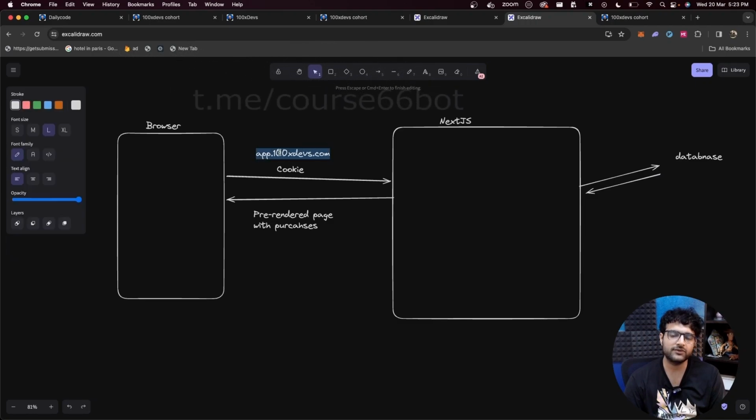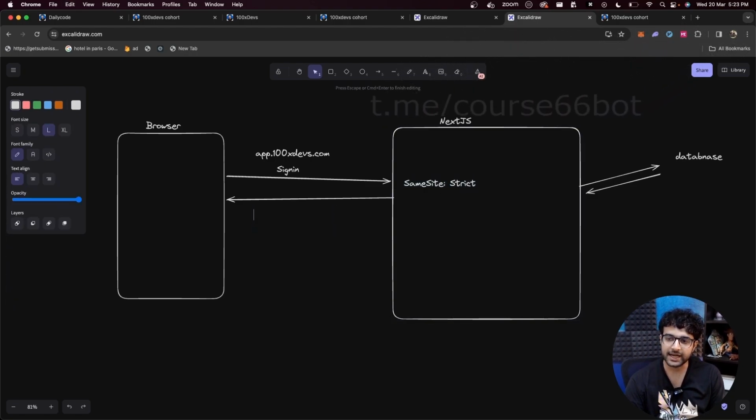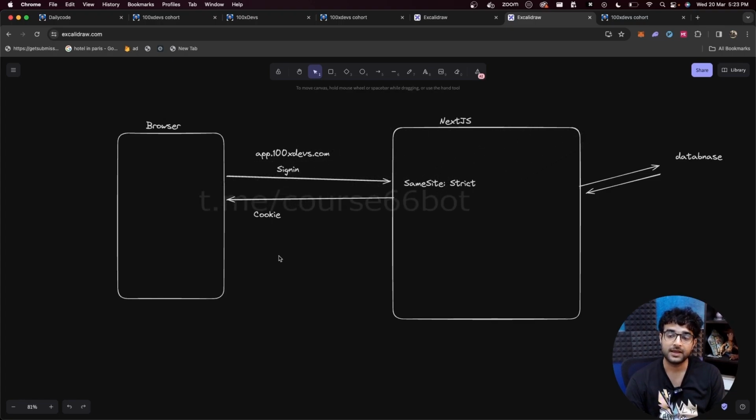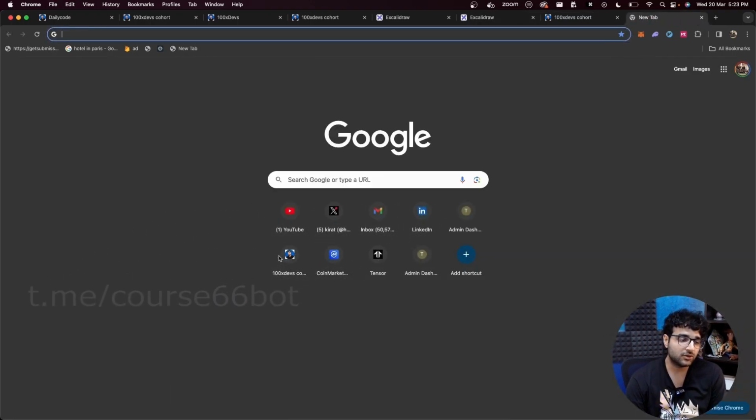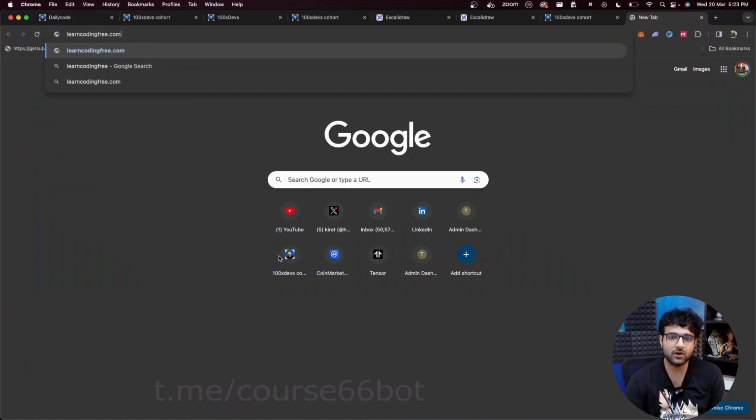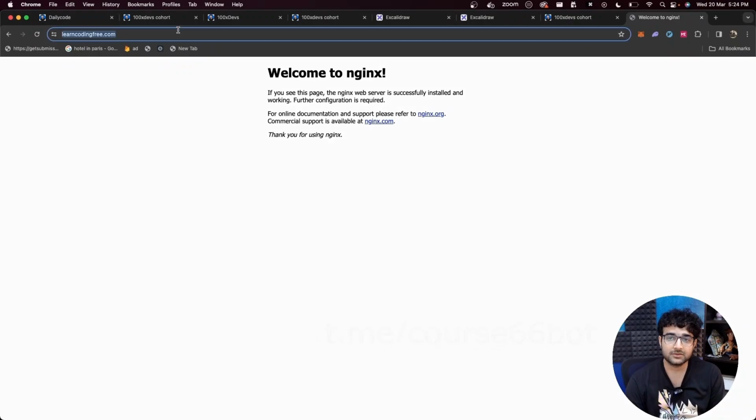So whenever I am visiting app.100xsteps.com, I want the cookie to be attached. But when I had signed in and set SameSite to strict, if SameSite was set as strict when the cookie was returned, then if I am on a random website, let's say learncodingfree.com, and this page, let's say, wrote, okay, bro,